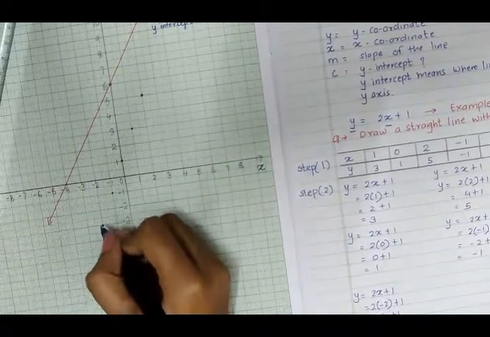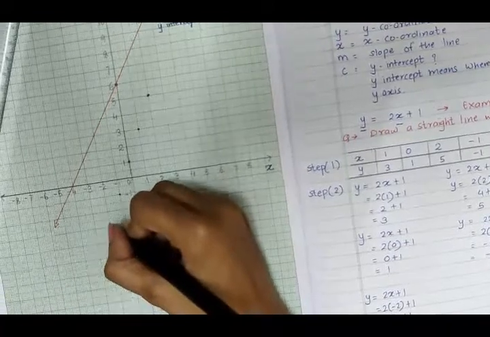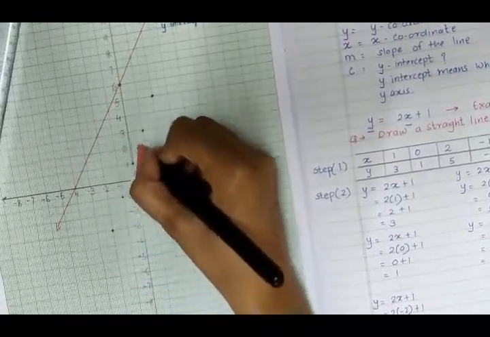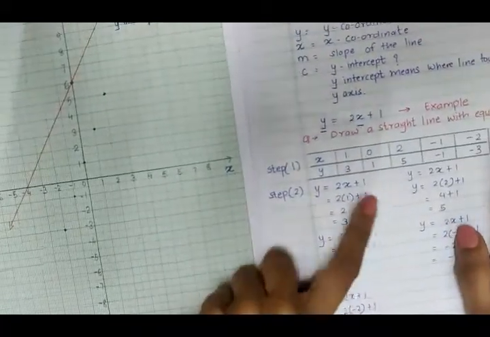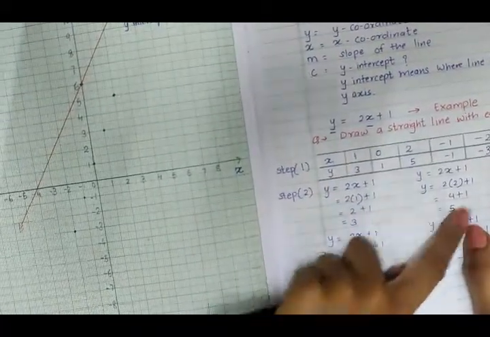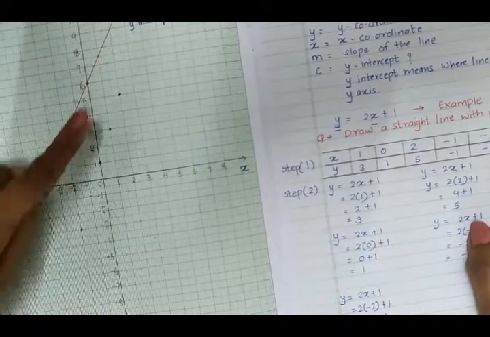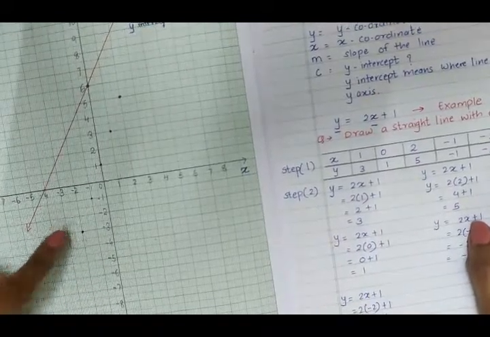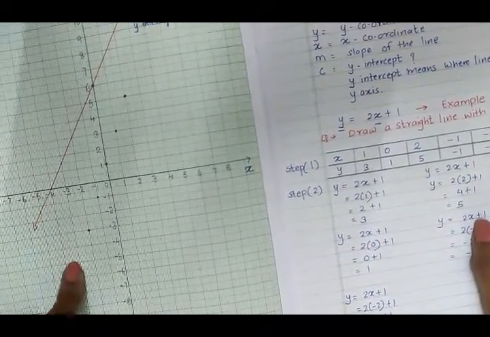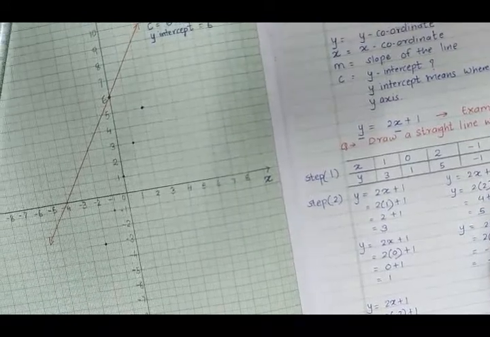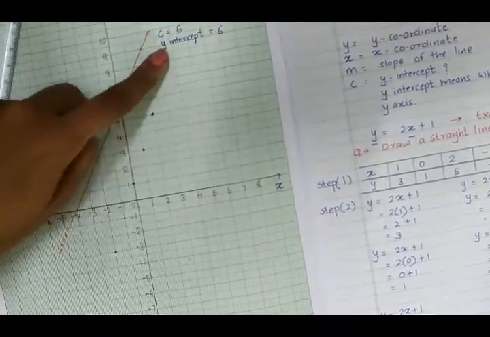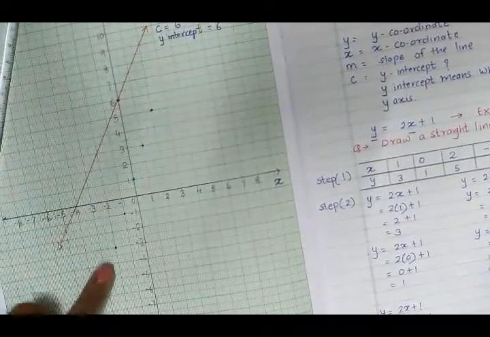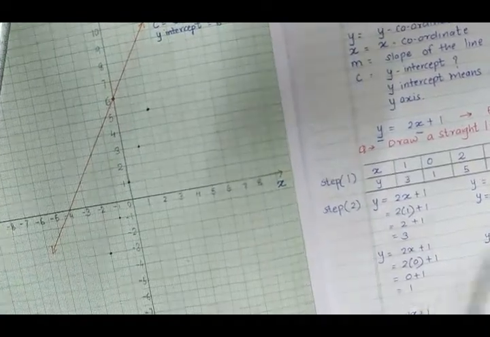So you can see over here I have made the points which I had obtained using the table here. The values that I had obtained, I have already plotted them here on the grid. The last and the final step would be I have to draw a straight line which is now going to be passing from all these points which I have plotted.